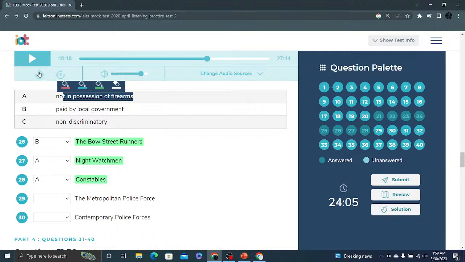Policing had relied on unpaid night watchmen and constables working for a particular parish. Male householders were chosen for the jobs of watchman or constable, working by rotation or appointment. Armed with no more than a cane, the watchmen were a poor match for the criminals of the day, as were the constables, who were similarly ill-equipped.